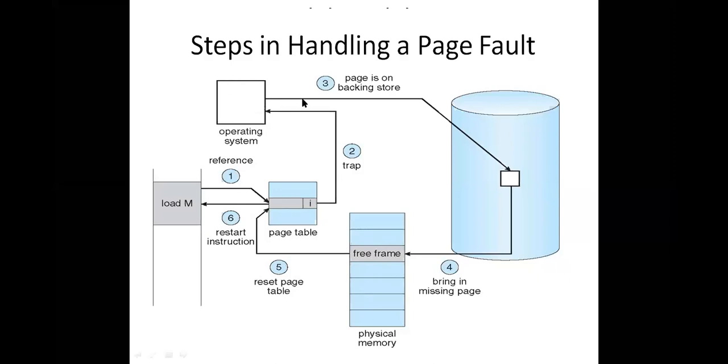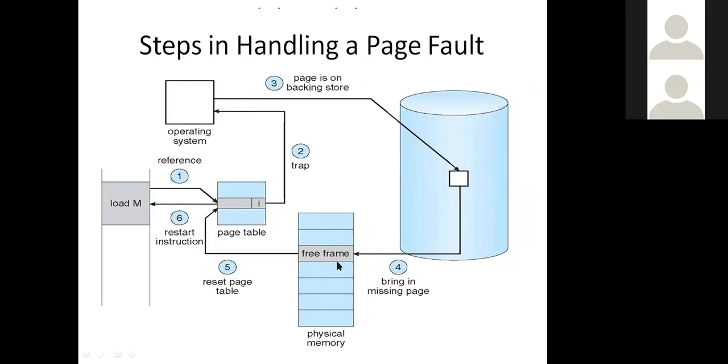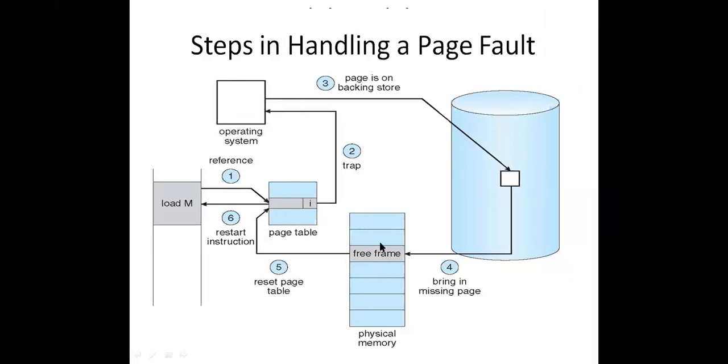So immediately operating system will check in the disk. In the disk the page is available. So we need to move the required page from the disk to main memory. In order to move a page from disk to main memory, there needs to be a free frame. If the free frame is not available in the main memory, then the operating system cannot bring this particular required page into the main memory, right? If there is no free frame, then how can we keep the particular page into the main memory? So we cannot keep the page into the main memory. So how can we keep the required page then into the main memory is the next concept.